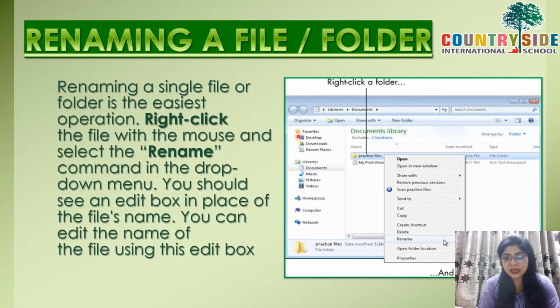How to rename a file or folder? Similarly, if you want to rename a file or a folder, just right click on that particular file or folder. This kind of menu will appear, and see, the rename option is there. Click on that. The moment you click on that, it will allow you to type the name of your desire. You can change the name, press enter, and then your file is good to go with that particular name.